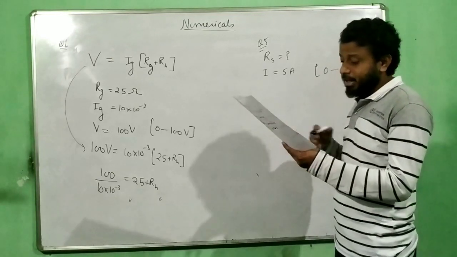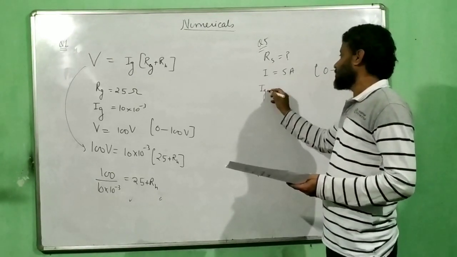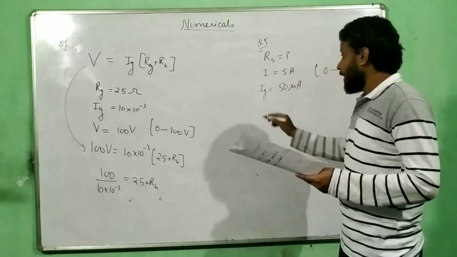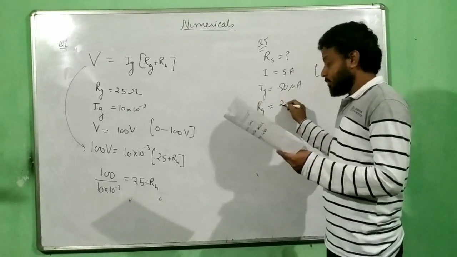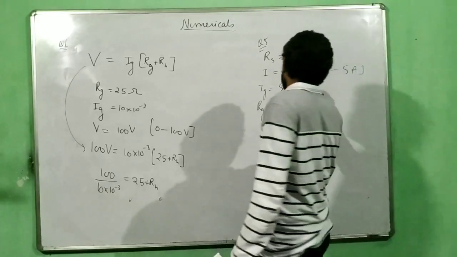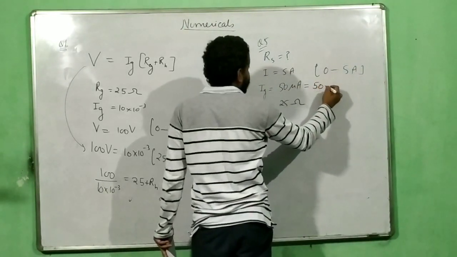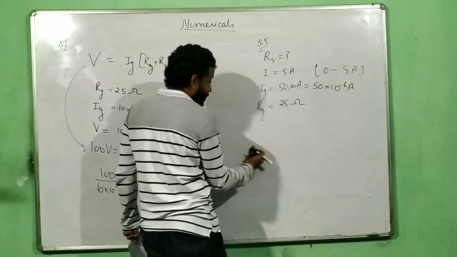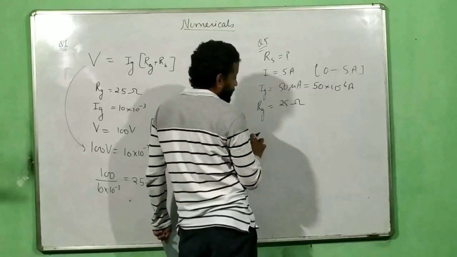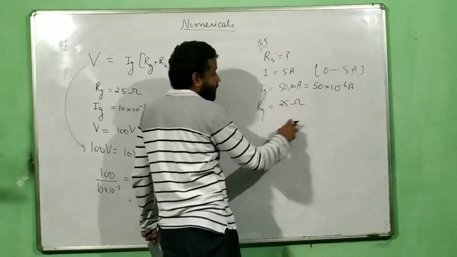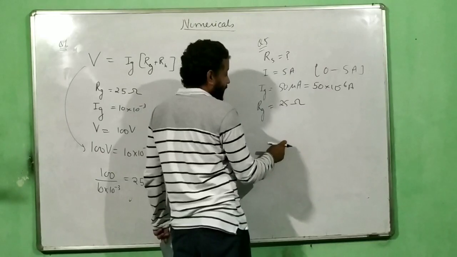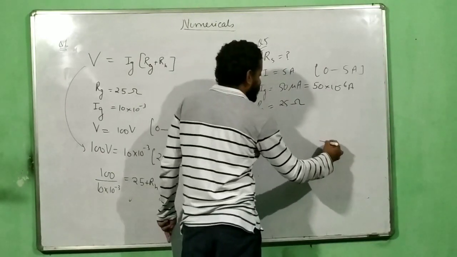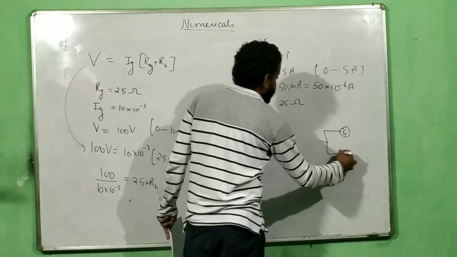And the question says it gives a full deflection. Full deflection is obtained at 50 microampere, and the value of Rg is equal to 25 ohm. So 50 microampere means 50 into 10 power minus 6 ampere. And if you remember the formula, in an ammeter you have one path going towards the galvanometer, and here this is your shunt. The one which goes to the galvanometer will be Ig. This is your galvanometer and this is your Rs.